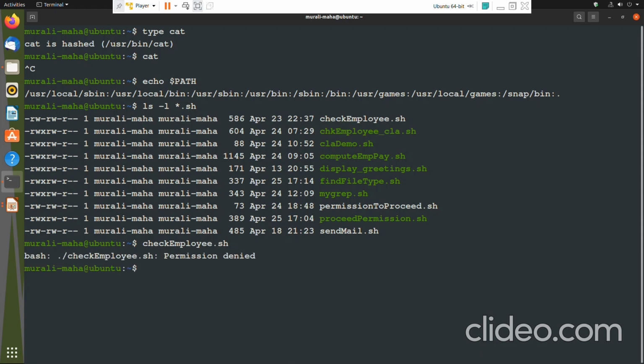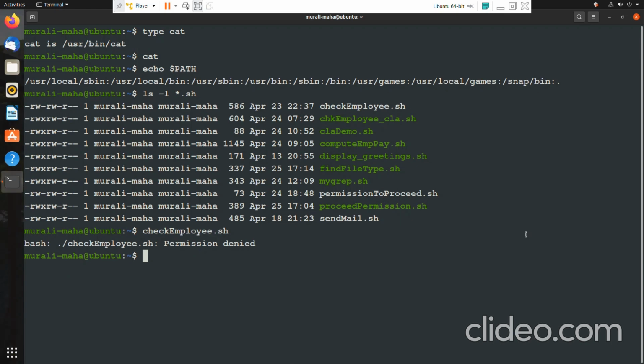See, if the shell is not able to find this file check employee.sh, it would have given an error like no such file or directory, or command not found. But it has given some other error, permission denied. It means that the shell is able to find the script check employee.sh, but the file doesn't have the execute permission. Hence it is giving the error permission denied.